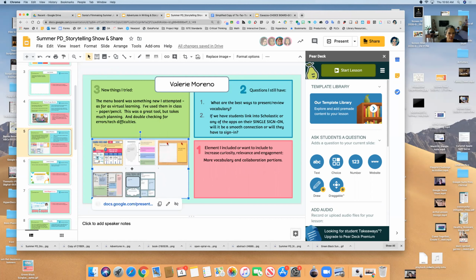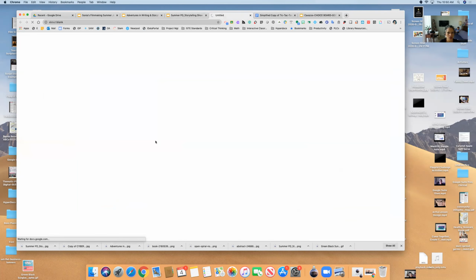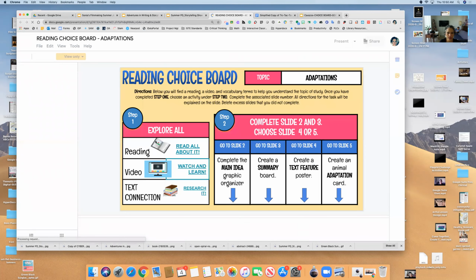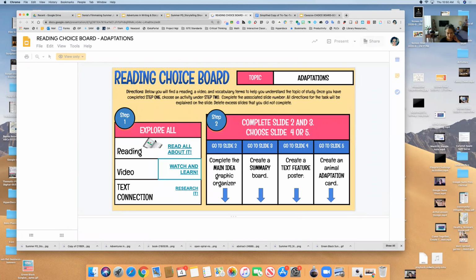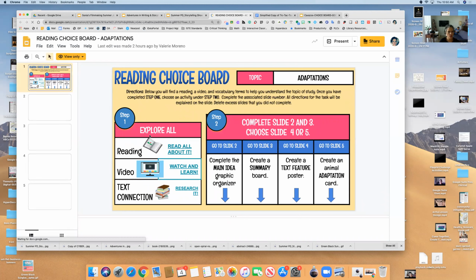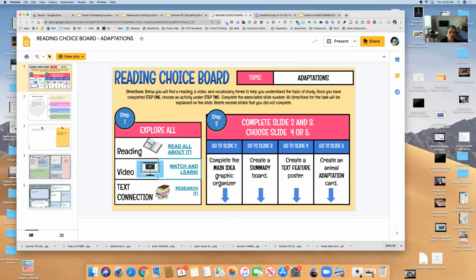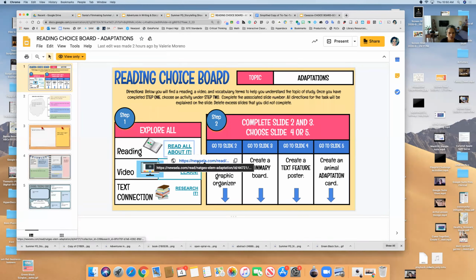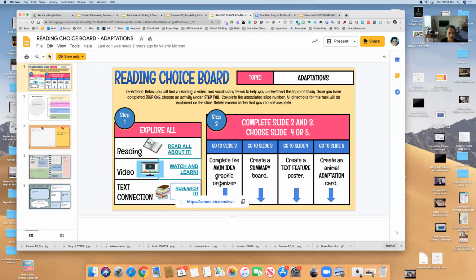So Valerie created a great choice board using the template that I shared here in this series. And this one's a reading choice board, and she went in, she changed some of the colors, and then added her own links to a News ELA article, video. And then she changed this to some research using Britannica School, which is another great idea to use some of our district resources here.